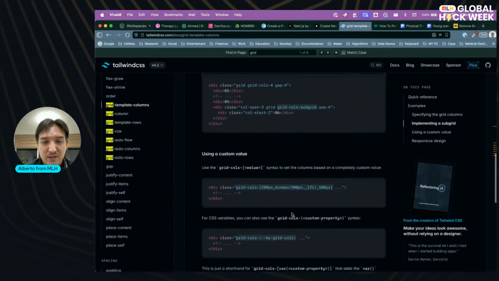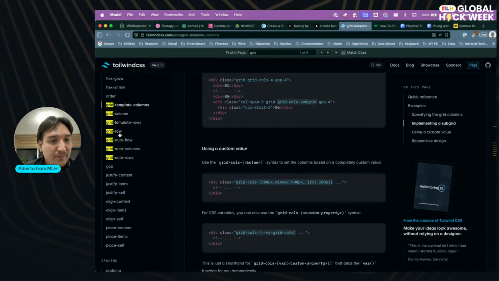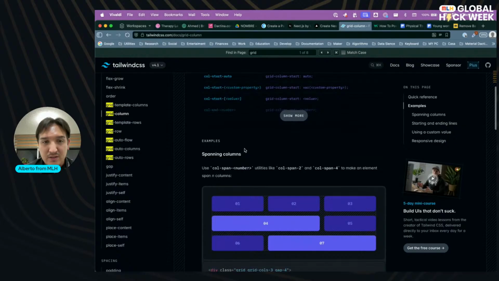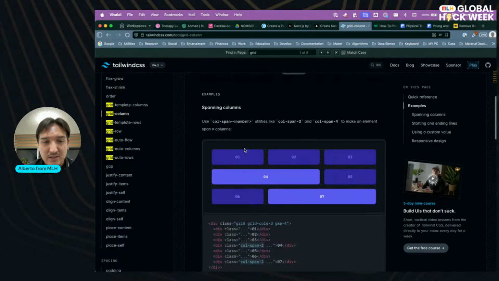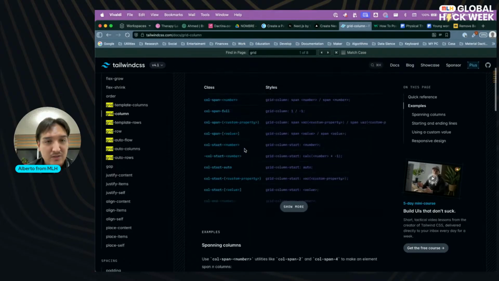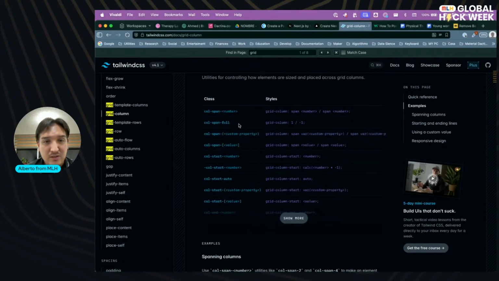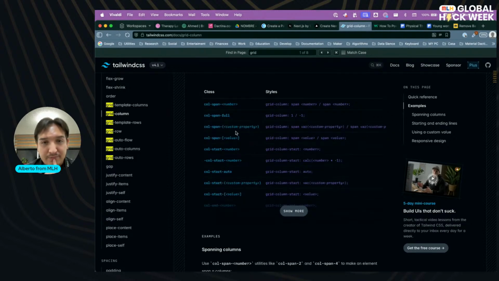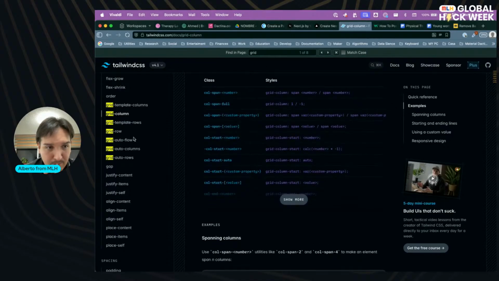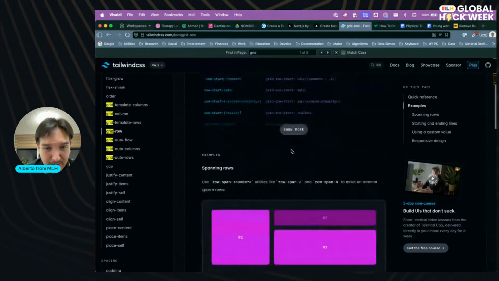Subgrid? No, I don't want using a custom value. Grid column. So for these grid calls, call span, row span for taking all the row.